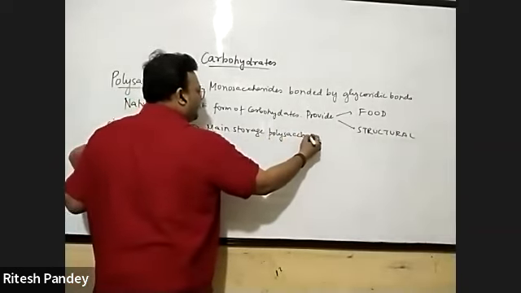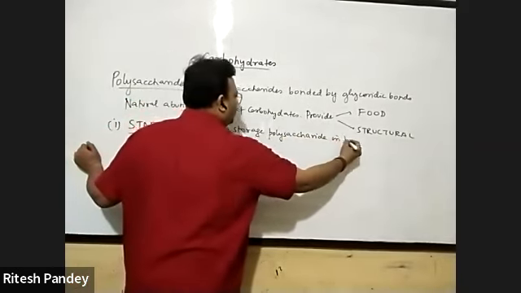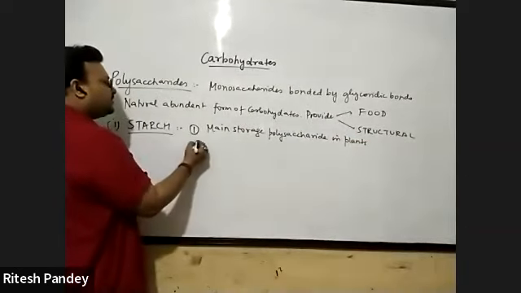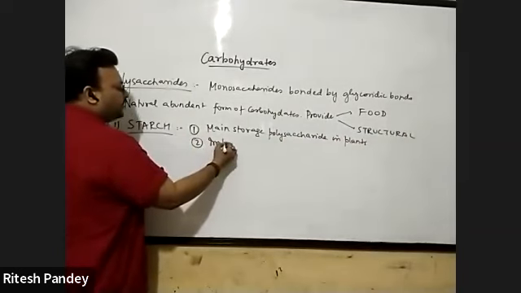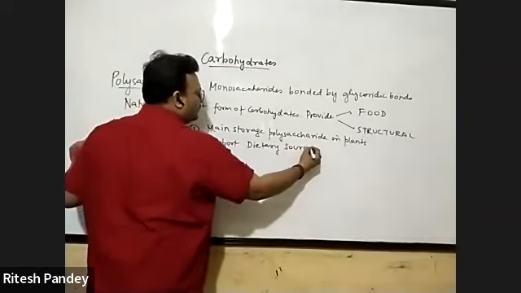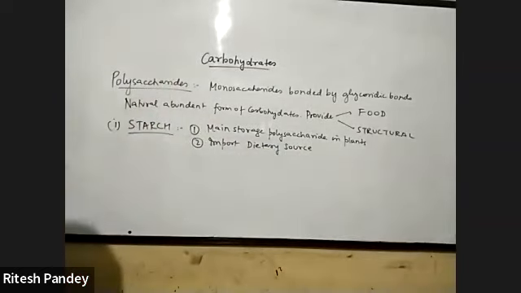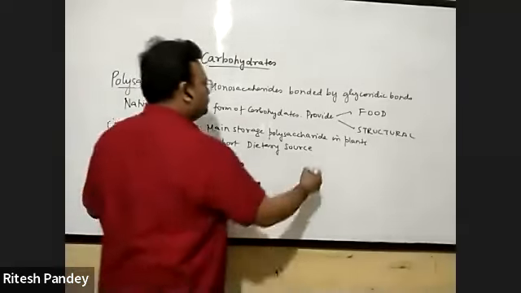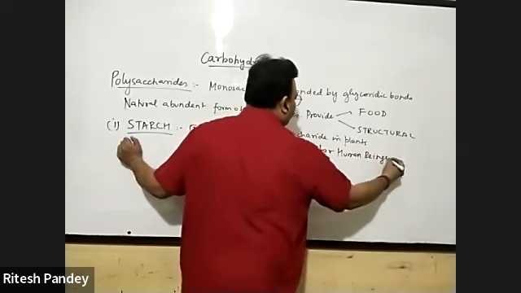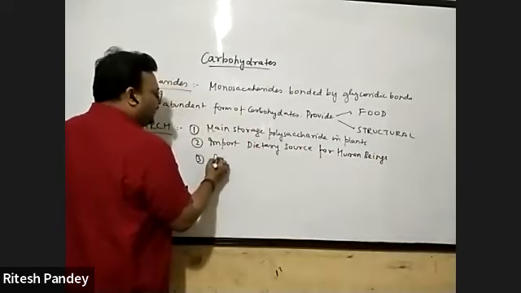So it's the main storage polysaccharide in plants. Photosynthesis में they prepare glucose, but the stored form is starch. Naturally, it's the most important. It's the most important dietary source. I would be point-wise writing stuff from NCERT. I'm going to write point by point everything which is there in NCERT,